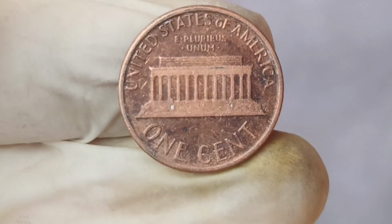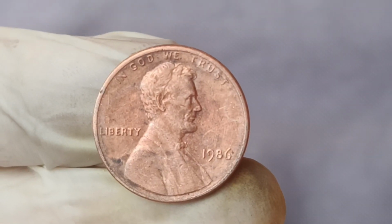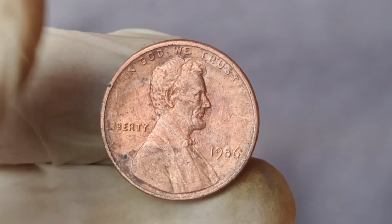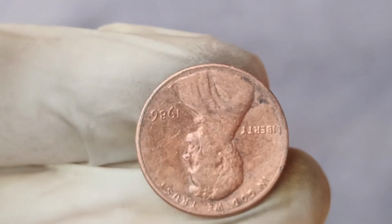But it's not just the date that might show doubling. If you closely inspect Lincoln's eyes, mouth, and other facial features, you might spot a double image, another clue that you've got a rare find. The doubling can sometimes be so extreme that Lincoln's features appear as if they're blurry or ghostly, adding even more